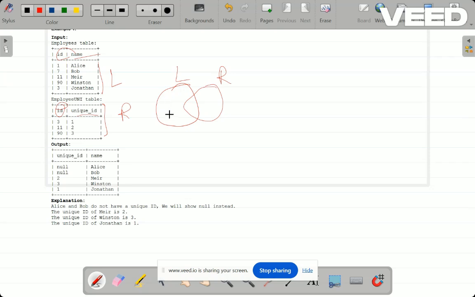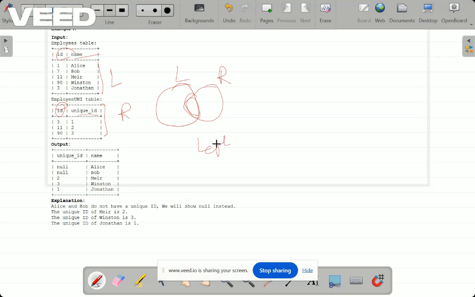The left table has all the data we need, all the employees, and also the combination with the employees who have unique IDs. The IDs that are present in this table and that table we have to combine, and print those unique IDs. For that, what we have to use here is a left join.